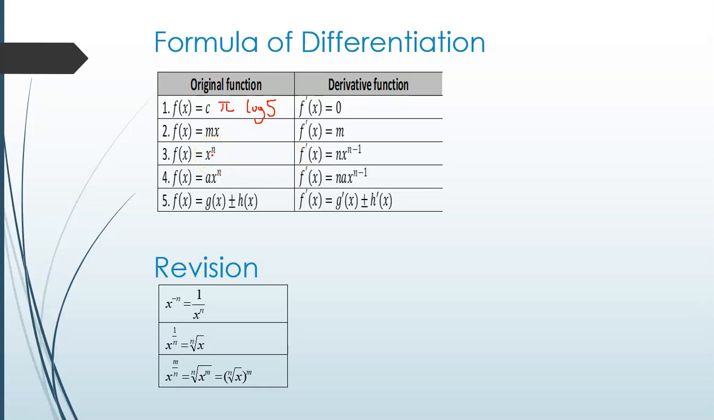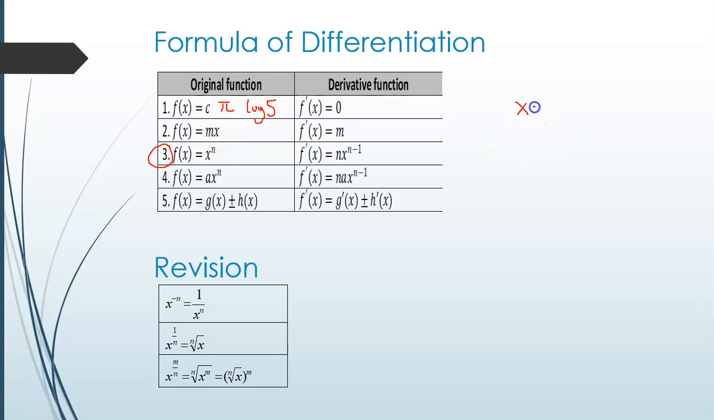And then if you differentiate a linear function mx, the derivative of that is just m. Why? Because of formula number 3. If you differentiate x to the power of n, it is equal to n times x to the power of n minus 1. So imagine if you differentiate x,